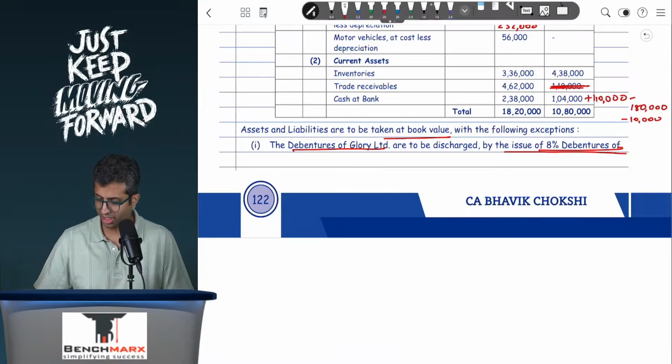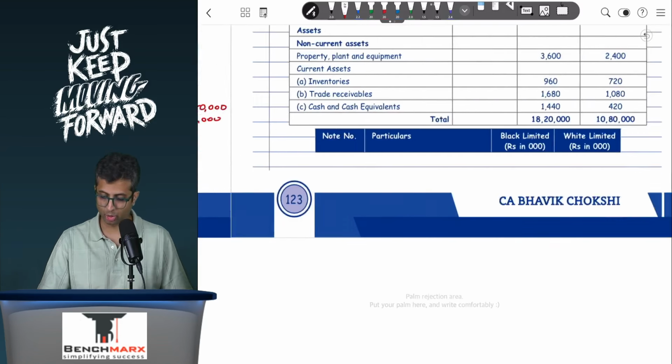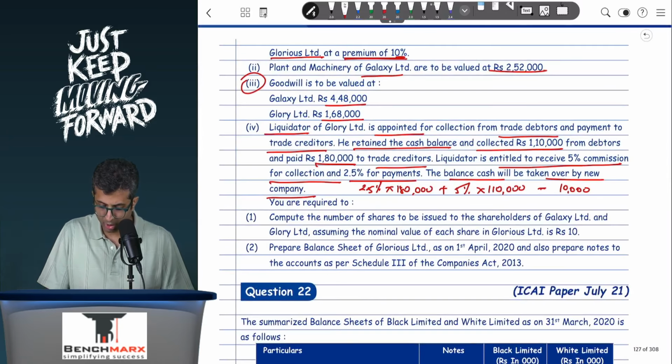So basically 1,04,000 plus another 1,10,000 minus 1,80,000 minus 10,000. All said and done, I will be left with around 24,000 of cash which can be taken over. You are required to compute the number of shares to be issued to the shareholders of Galaxy and Glory,